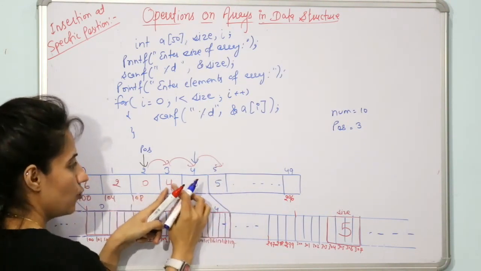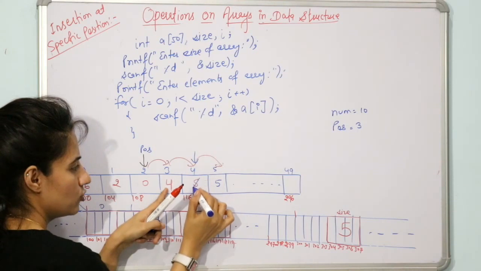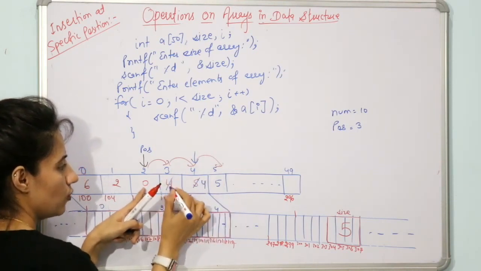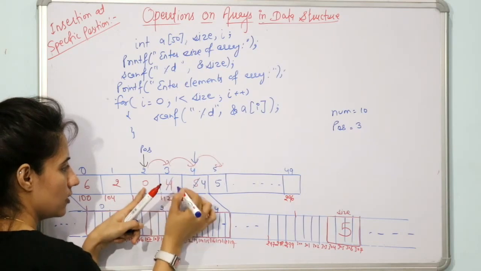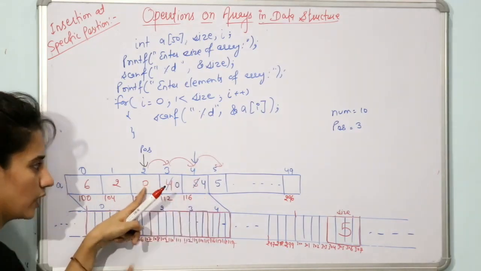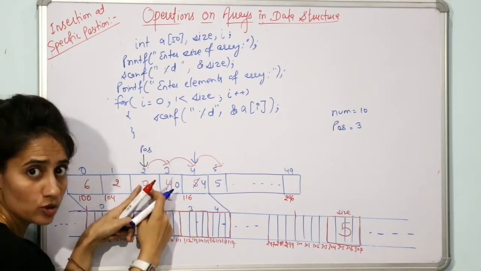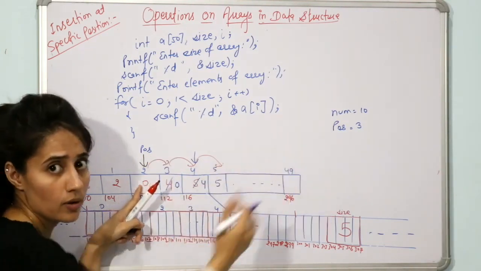Now this 4 would be shifted here, so in the place of this 5 you will write 4. Now 0 would be shifted in the place of 4 because 4 would be lost and 0 is there. Now here also we have 0. Till the position where you want to insert, you are going to shift to the right, and